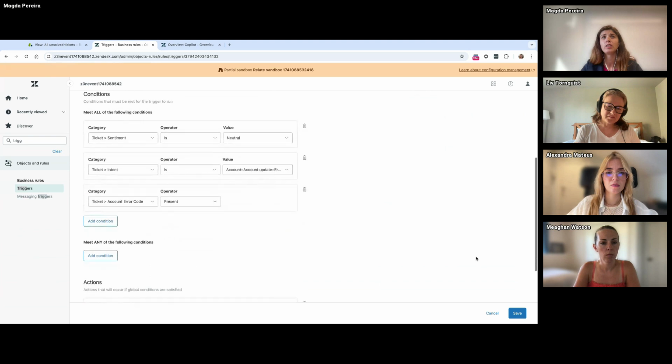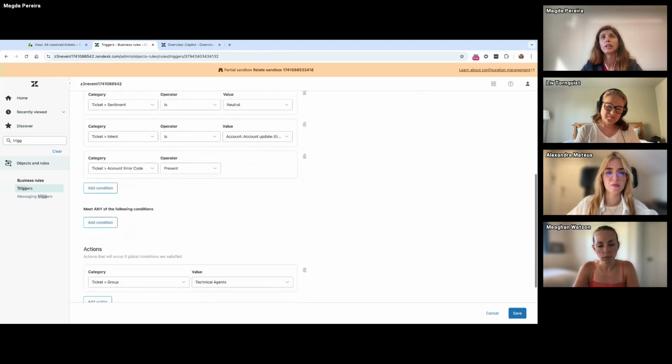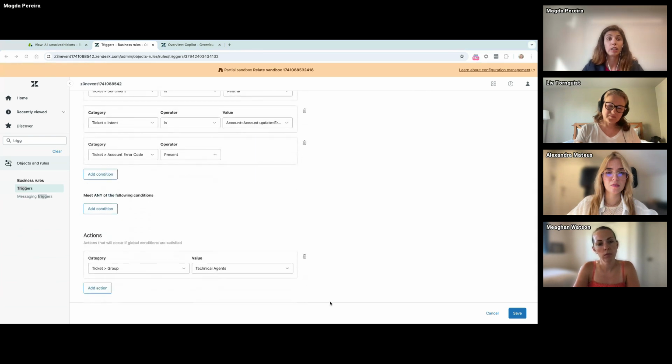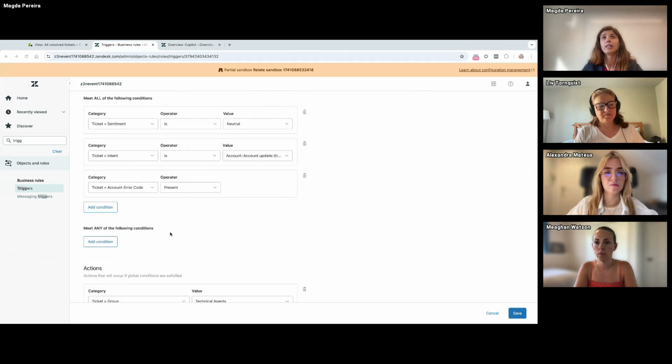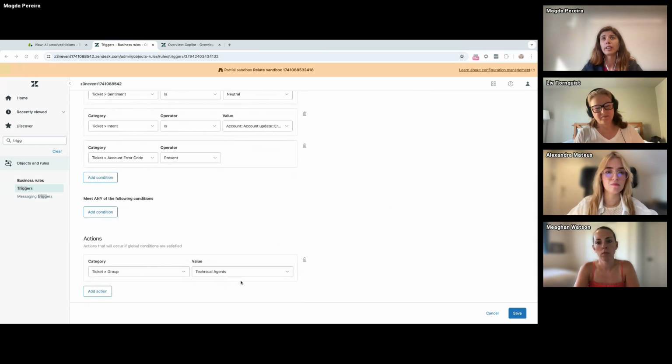And basically what this trigger is doing is, when I have a new ticket with this intent and with this sentiment and the entity, I will redirect this to the technical agents group, because it's the best agents to act on these kind of tickets.